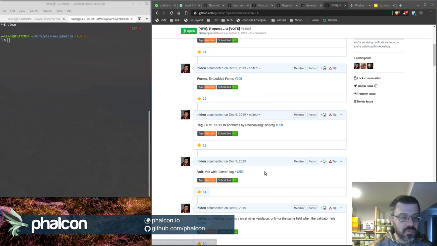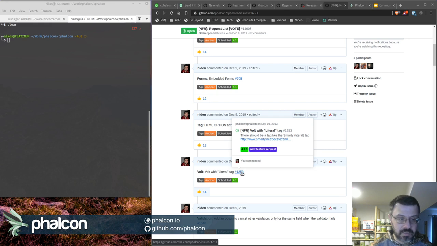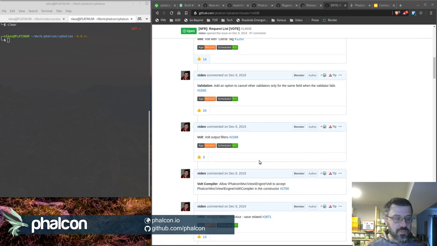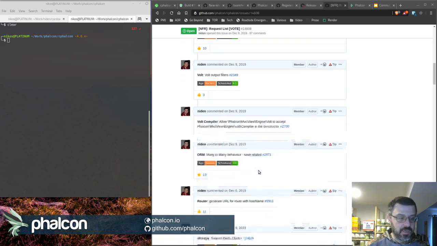Another one that has a really high score, again, it's been there since 2013, is the literal tag or verbatim tag or whatever. So if you want a piece of code not to be touched by Volt, you can actually enclose this into a block that says literal or end literal, stuff like that, and so on and so forth. So any reaction up here in this particular